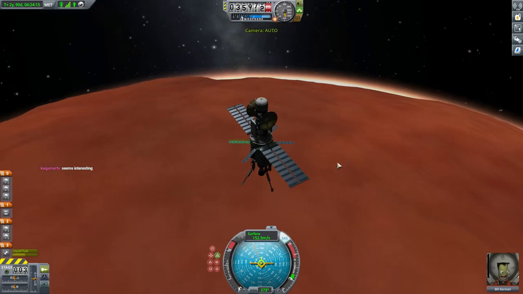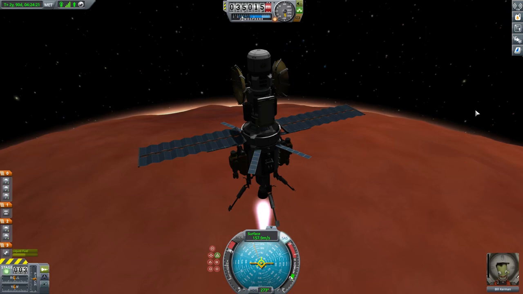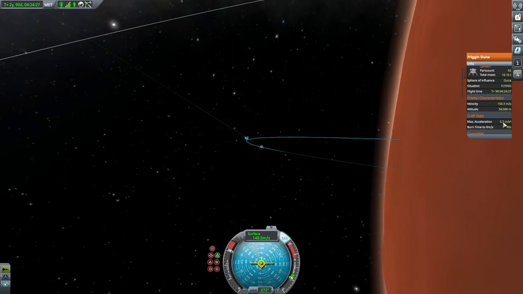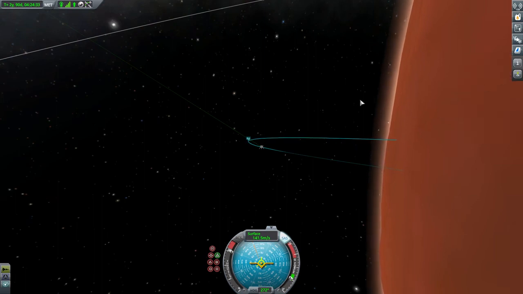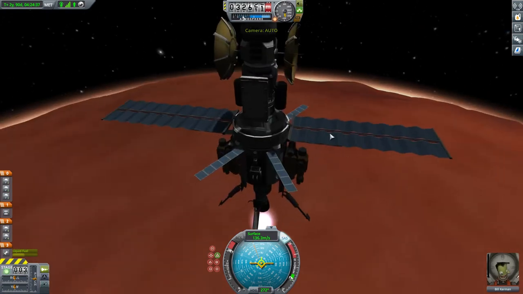That's probably never going to happen, though, realistically. Alright, where are we at? We're at 160 meters per second. What is our... Okay, so our acceleration is 3.7 meters per second squared. That's going to be 1 meter per second squared, almost, roughly, above the surface acceleration of Duna. So, this is going to be very slow. Very slow. Let's